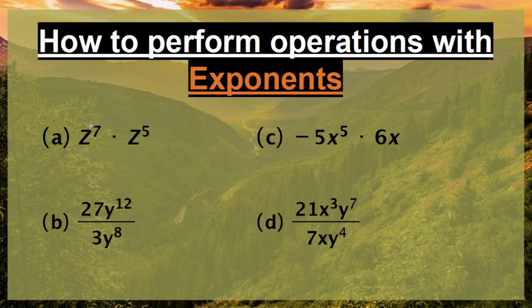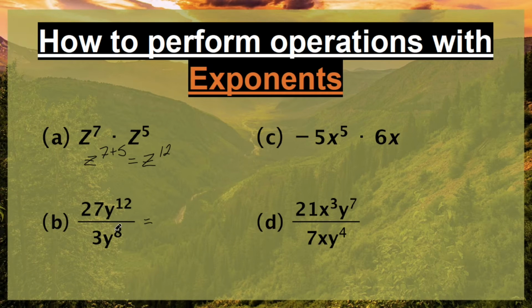A, we have z to the power of 7 times z to the power of 5. When we have two bases multiplying together, all we have to do is add the exponents together. So this will be z to the power of 7 plus 5, which will be z to the power of 12. For part B, we have 27 times y to the power of 12 divided by 3 times y to